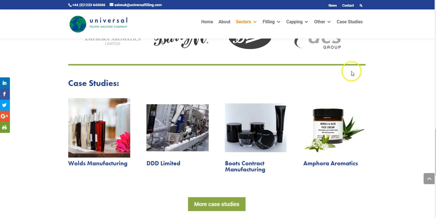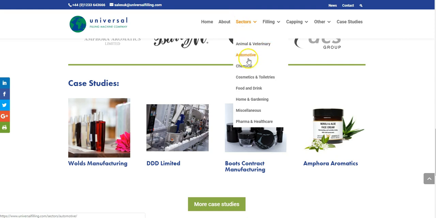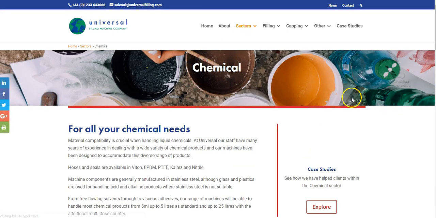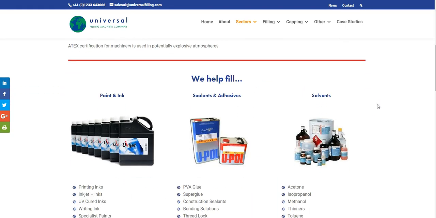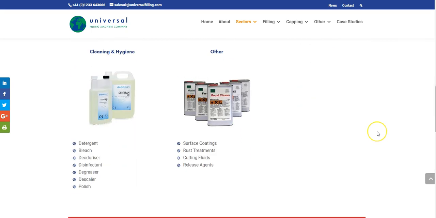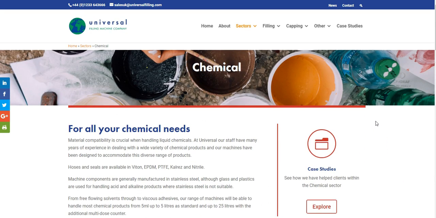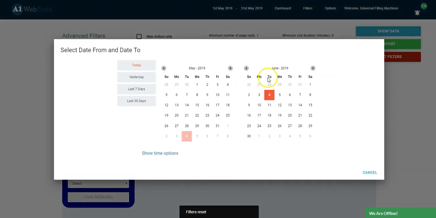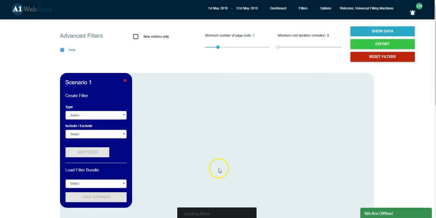But let's look at this in another way. Let's look at a completely different page. Let's look at, say, the chemical sectors part of the website. Again, the filling machines are used to fill products with all sorts of liquids, in this case focusing on the chemical sector. So let's go off here again and let's go to advanced filters, reset everything we've done, pick a date range,